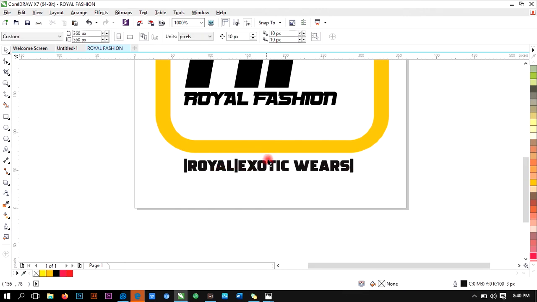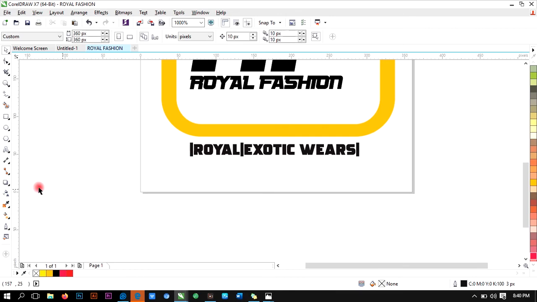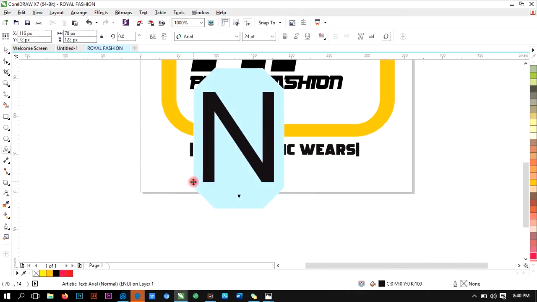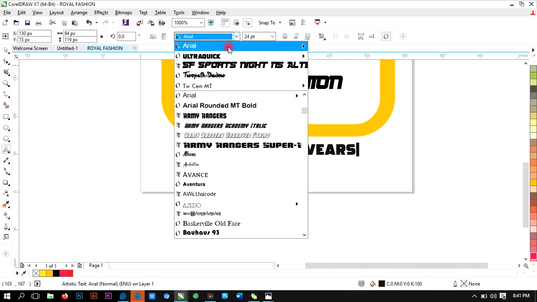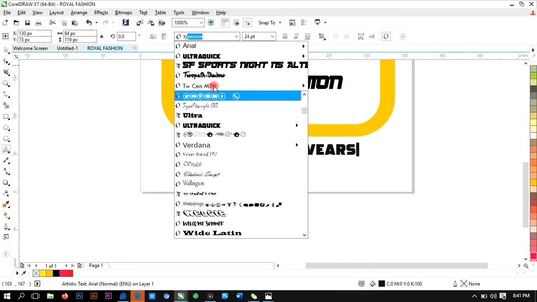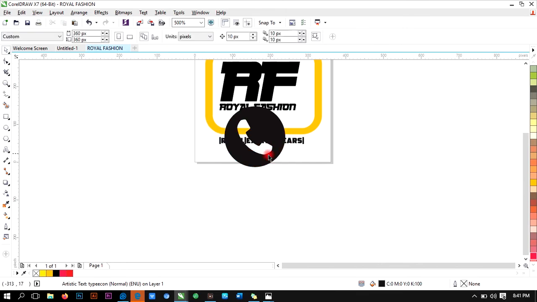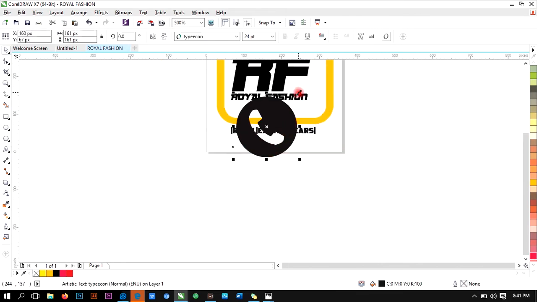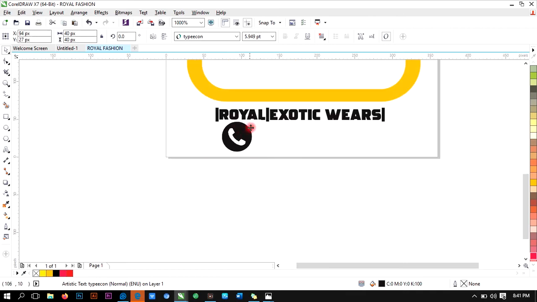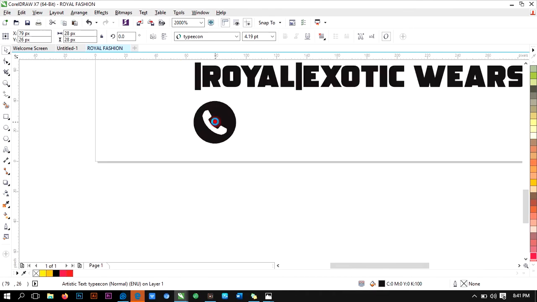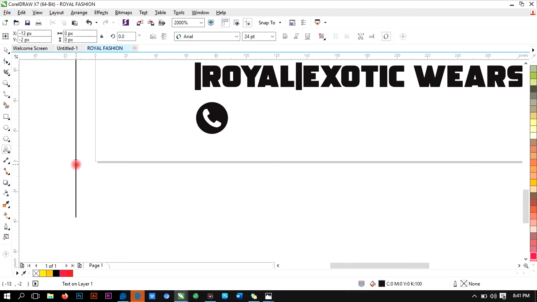Then the next thing, I'll simply put my phone number down here. But before then, let me put the phone number icon, which is N, and then select type icon. Yes, type icon, and then reduce the size of this icon to the minimum. Reduce the size, and then simply key in my phone number 081